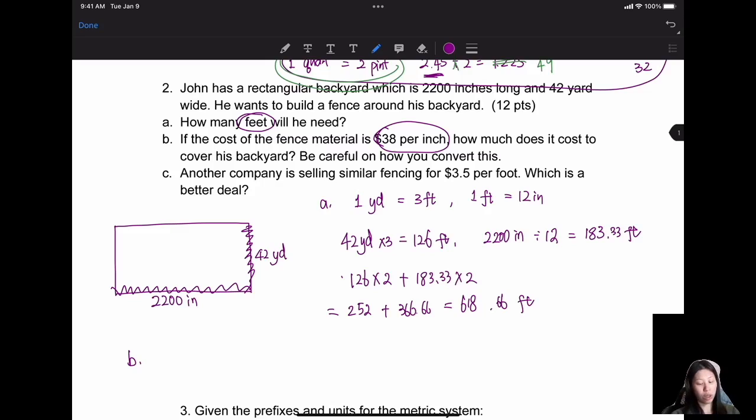So now you need to do, okay, since this is per inch, the material was counted per inch. Now you need to calculate how much it costs. But this is in feet. So now we can convert the feet back into inches. So the material we need is 618 feet. Now we convert it back to inches. So we times 12. So we have